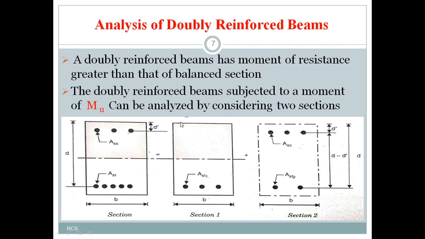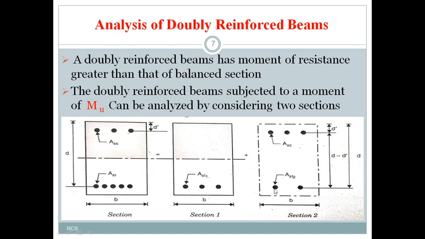Why am I saying this? The depth of neutral axis that you obtained is the maximum depth of neutral axis, and we are providing reinforcement in the tension zone. That is why it becomes a singly reinforced section, and the moment of resistance we are calculating with respect to the limiting depth of neutral axis for this particular section. So we can call it the limiting moment of resistance. So this will then become a balanced section, right? And to this balanced section I can add some imaginary section.